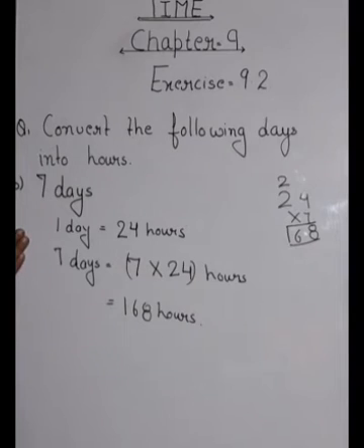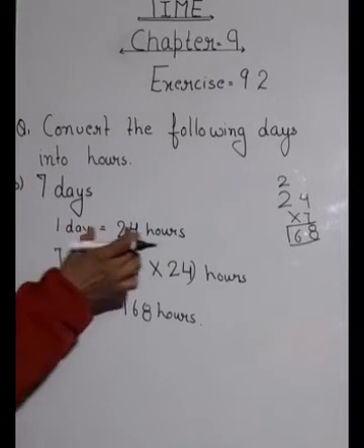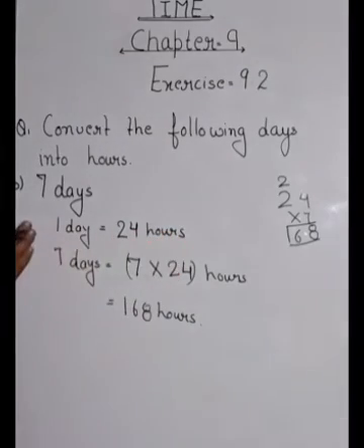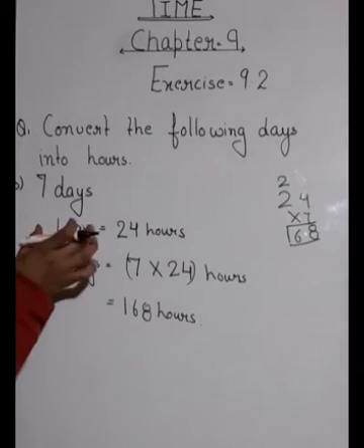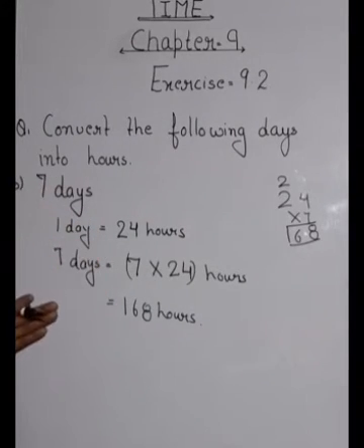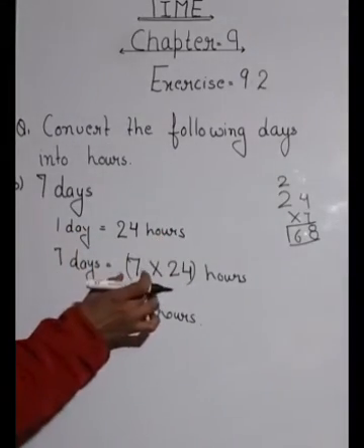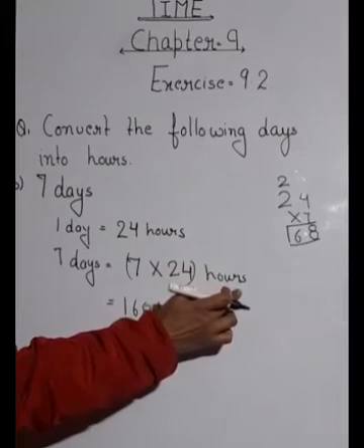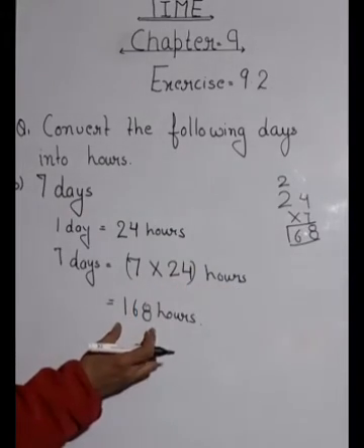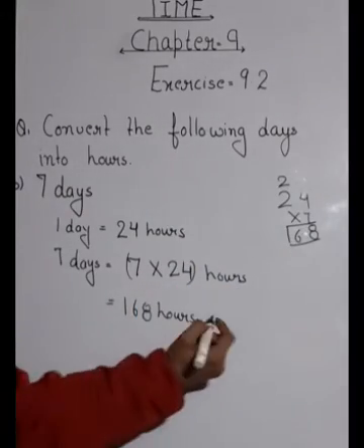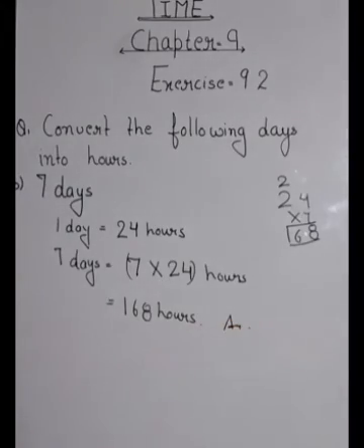Clear? So this is the way of converting days into hours. First you will write 1 day is equals to 24 hours, and this is mandatory for you to write in this way. Okay? You have to solve them in this way only, so that it becomes your habit of solving sums. Okay, so it is 1 day is equals to 24 hours. So in 7 days it will be 7 into 24 (bracket close) hours, and when you multiply these two, what you are getting? 168 hours, and this will be your answer.